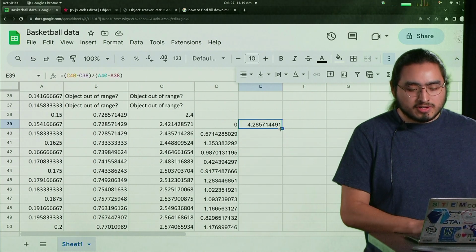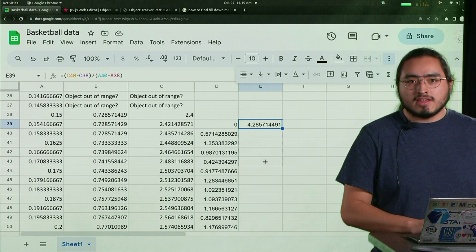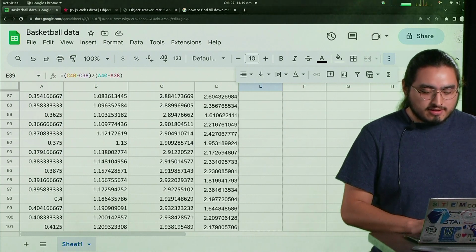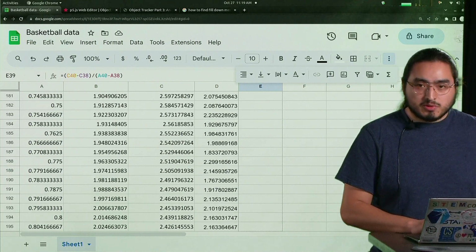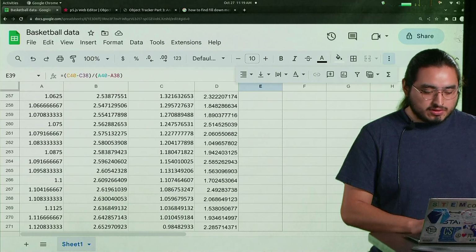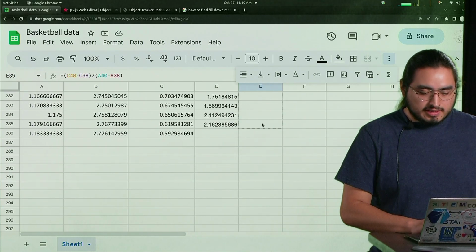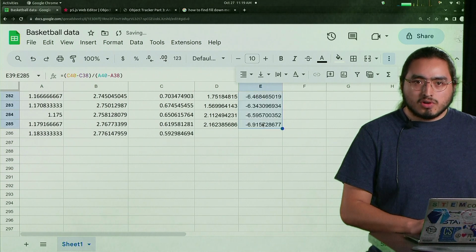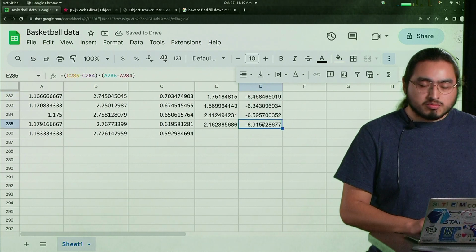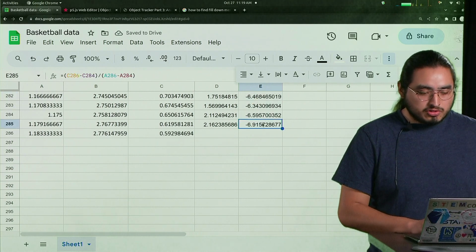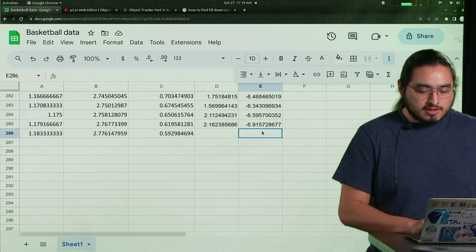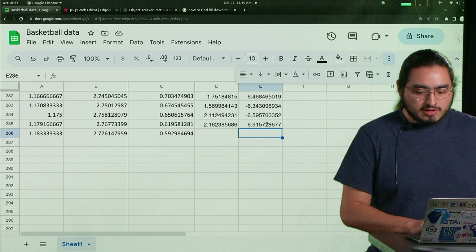Alright, we're gonna do the highlight the corner one. We're just gonna drag it all the way down. Again, remember this is one of two ways, but I'll just go ahead and do this one. And as I stated earlier, go to the second to last row. I will explain why that is in another video, but if you just want to hit on Y, like let's say we did go to the next one,